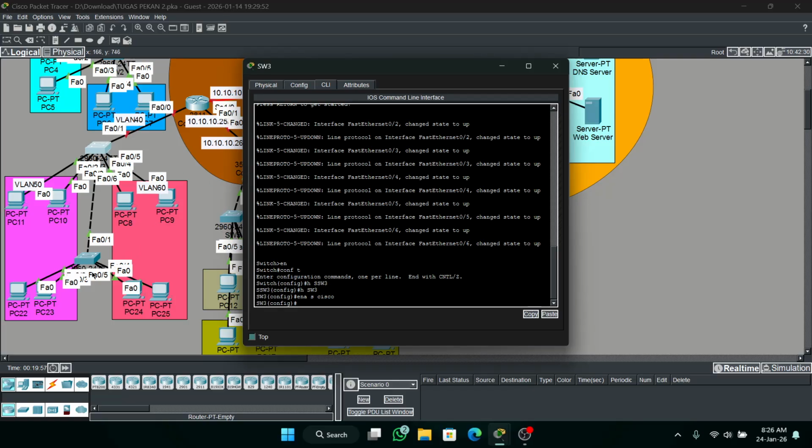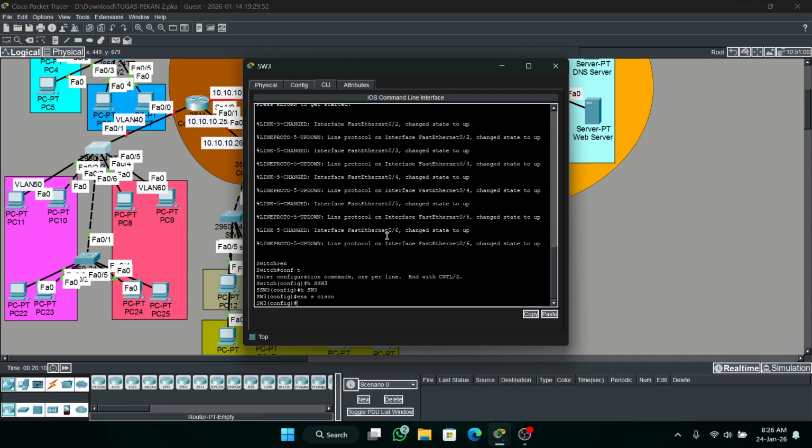And here for switch 4 you can type the VLANs manually, or you can use a VTP server in switch 3, then configure VTP client in switch 4.